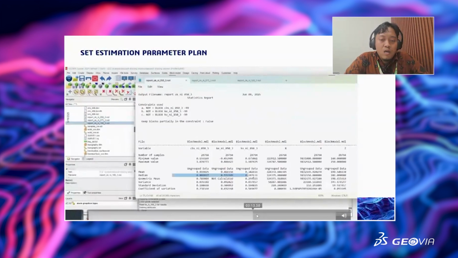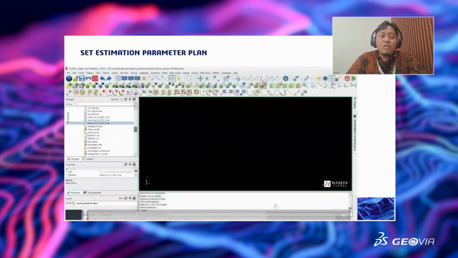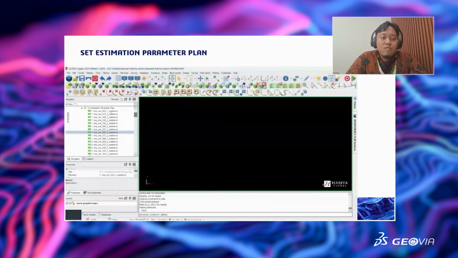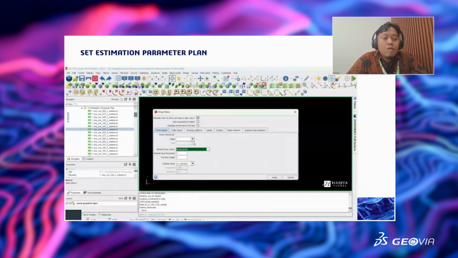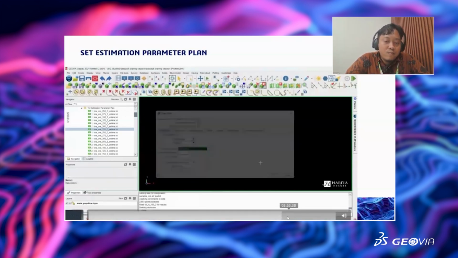So yeah, the main idea of this scan is to do the estimation with the same parameters, just different for the searching distance here. The major distance is different from 50 to 300, and the vertical distance in this case is just 3 and 5 here.